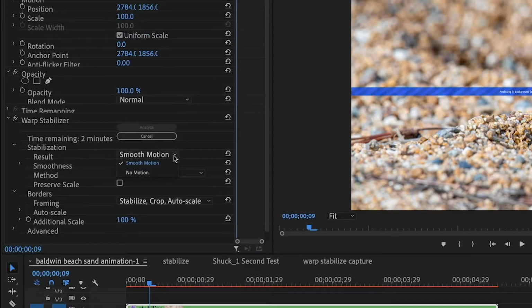You have some options here. One is what kind of stabilization you want. You could either go for smooth motion. So if you have a camera pan or something and it's got a little bit of handheld shake to it that you want to try and smooth out, you can choose smooth motion. In this instance, we want the images to look like they're rock solid, and so I'm going to choose no